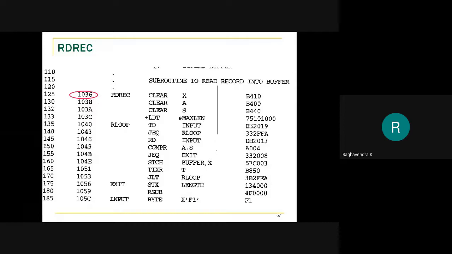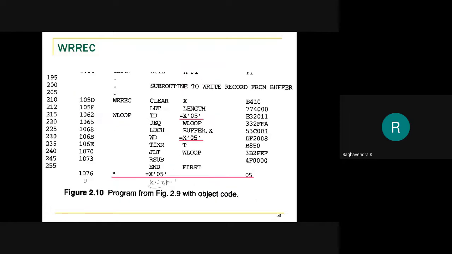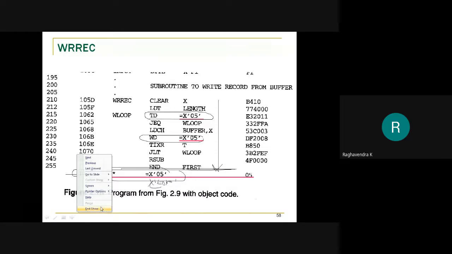Now let's look at the further part of the program. No literal has been used here, so we'll assume it has not been used here. Here it is used: TD x05, WD x05. No LTORG statement is present anywhere here, so obviously this is the end of the program. At the end of the program we have the literal placed. x05 is actually stored at 107. So this is how literals are actually used.